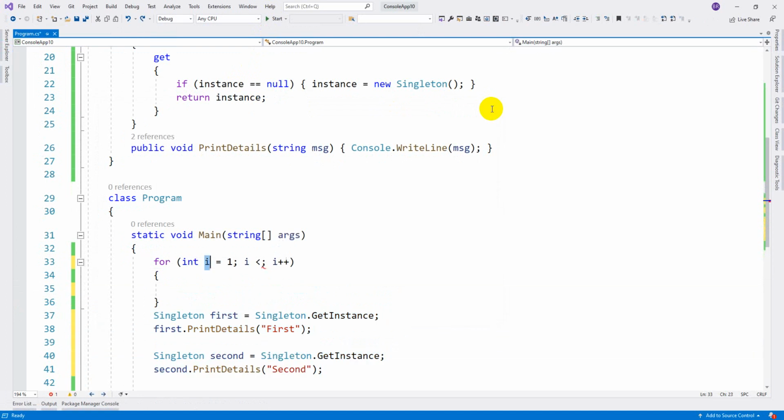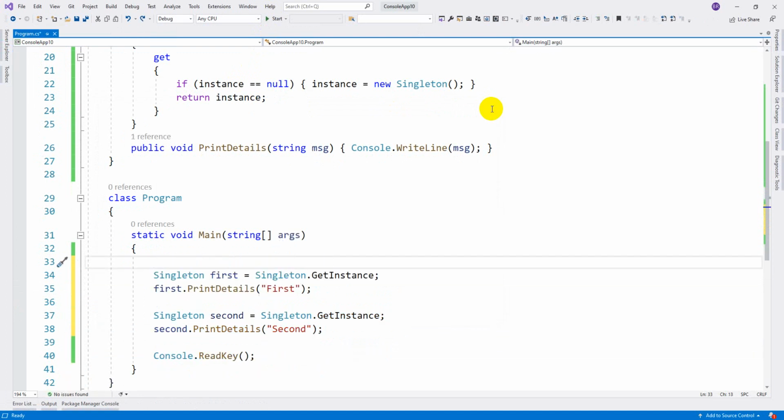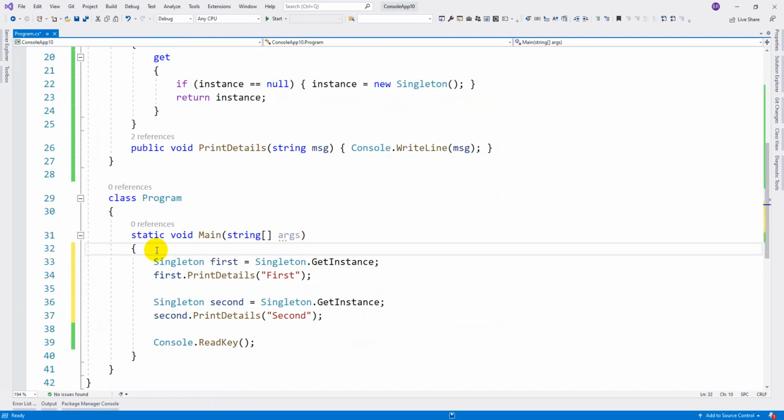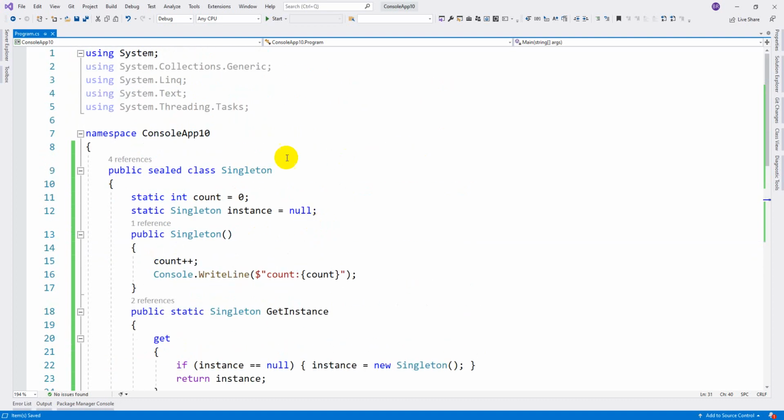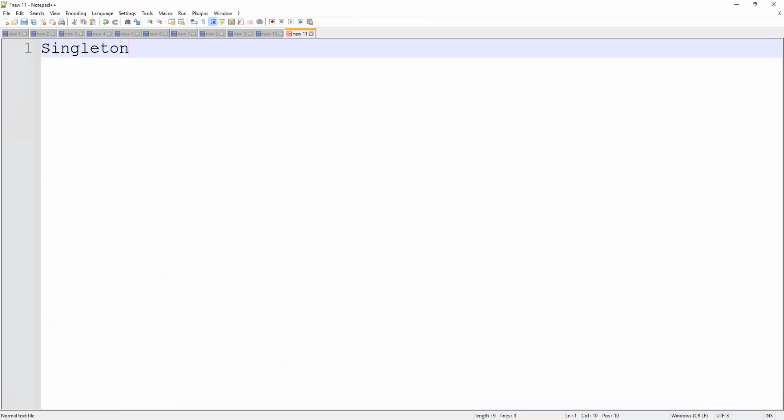This code is very helpful whenever you want to iterate or perform transactions with a class by creating an object. Instead of creating an object every time, this singleton design pattern will give you a process for calling a function without creating multiple objects. That is the use of this singleton design pattern. I hope it is clear to you. Now let us go with the next topic, that is data structures.